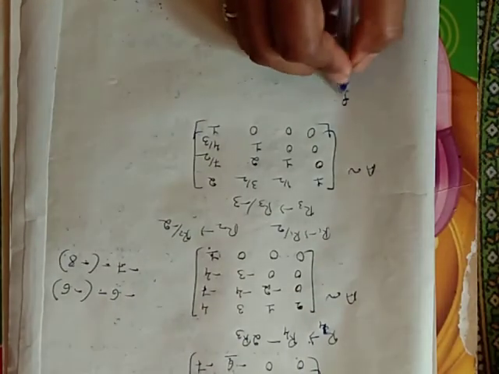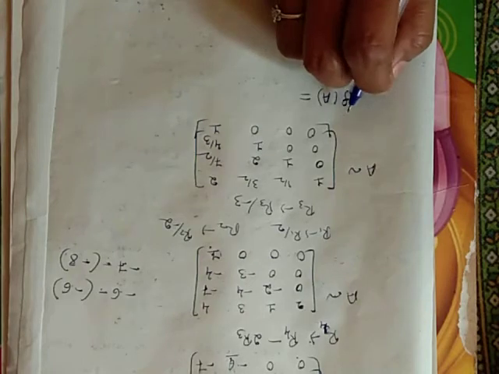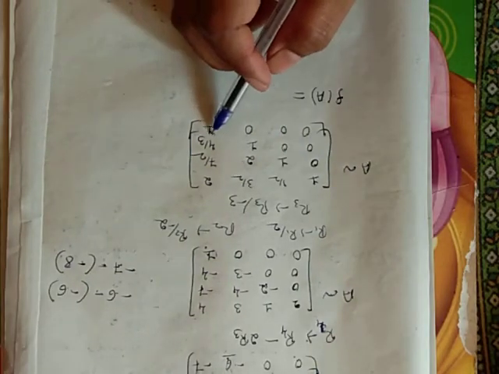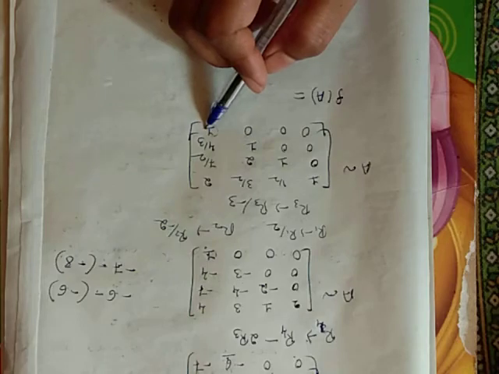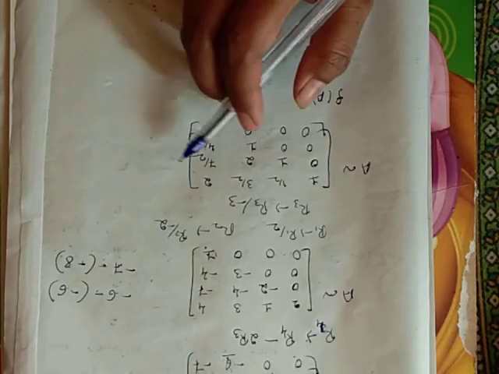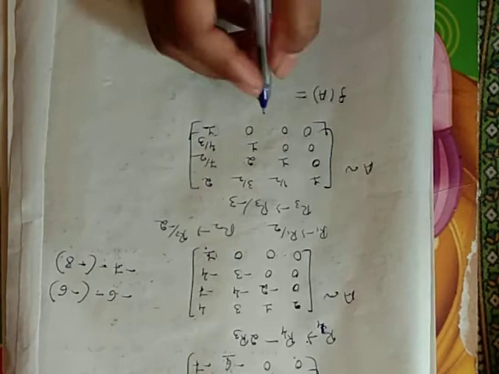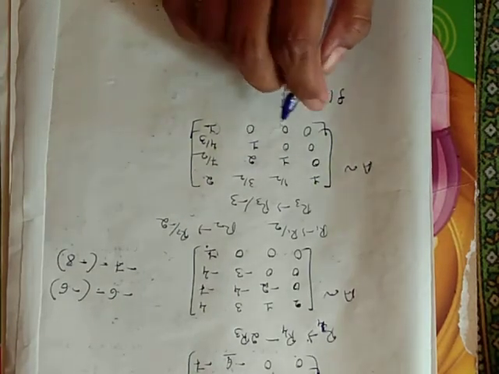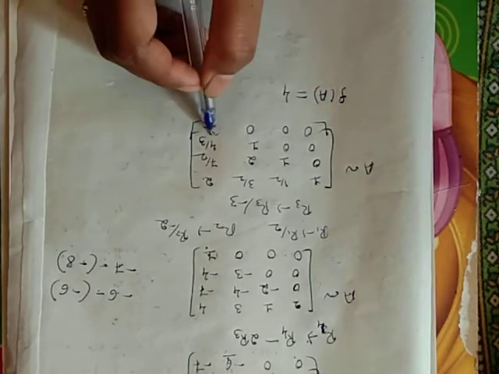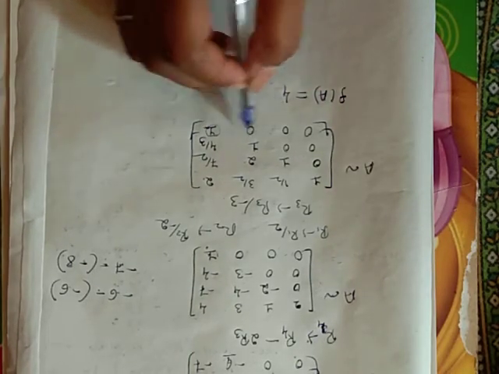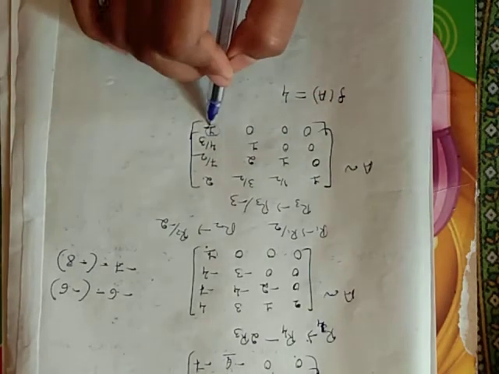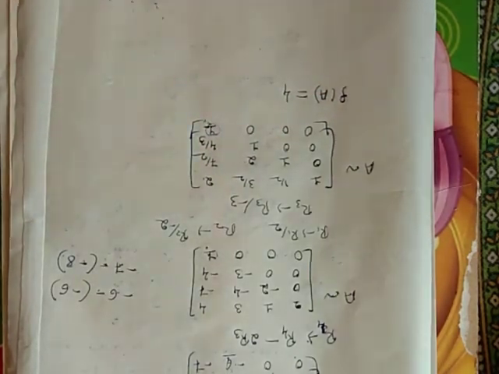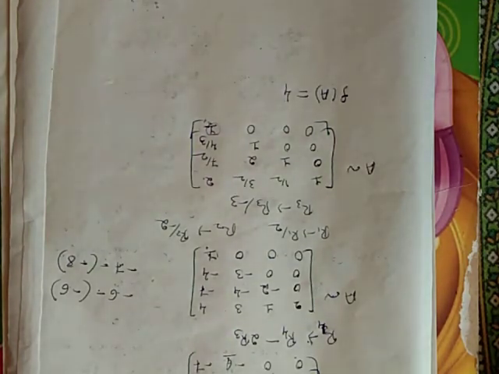Now the rank of the matrix A is the number of non-zero rows. Here the term 1 is present in the fourth row, so it is also non-zero. So the rank of A is equal to 4. Non-zero row means at least one element of that row has some value. Zero row means all elements of the row should be 0. Here one element is not 0, so it is not a zero row, it is a non-zero row. So that is finding the rank of A by converting the matrix into echelon form.